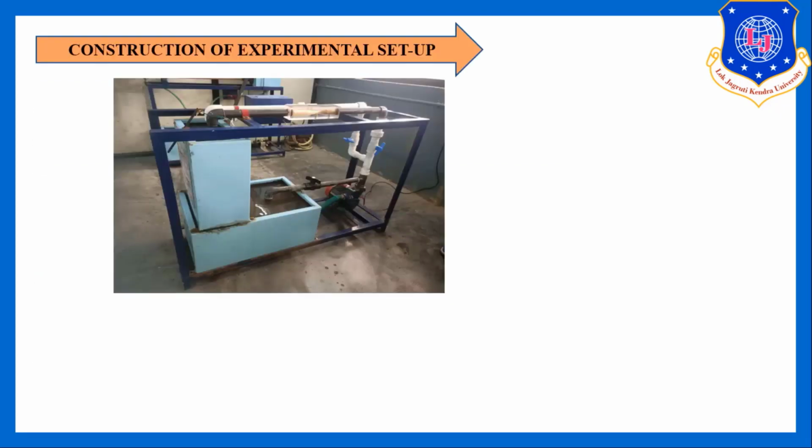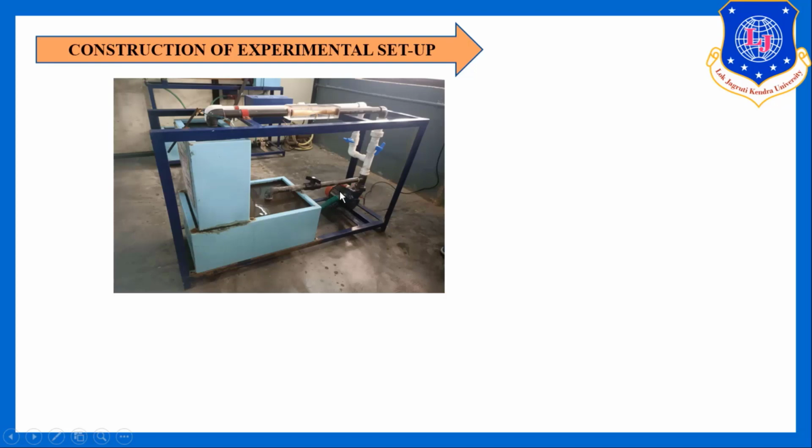Now let's see the experimental setup. This is our experimental setup and construction of the venturimeter. This portion is the venturimeter, and hence it is a variable head meter. We know that the venturimeter comes under the category of variable head meter. So it requires a straight run of pipe before and after the flow meter. You can see here, the pipe is attached before the venturimeter and after the venturimeter.